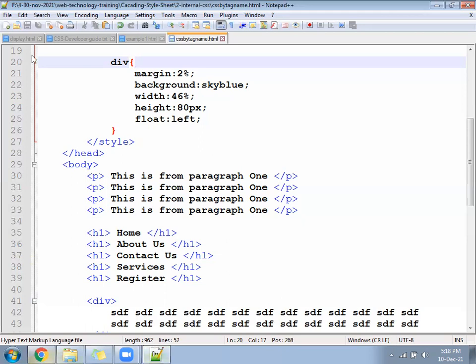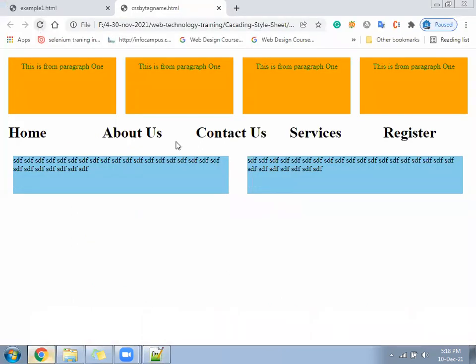So hope it is clear. CSS by tag name we understood. Whichever tag we want, we can use the tag and write the CSS for that. But the tags will look similar, like the paragraph, H1, and division you have used, they all look similar.